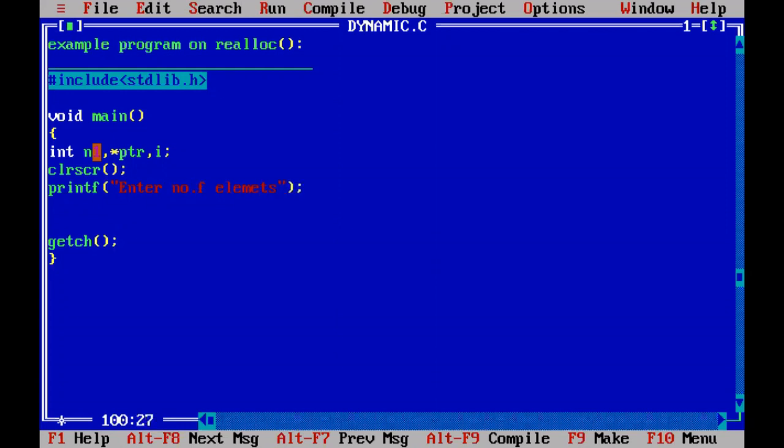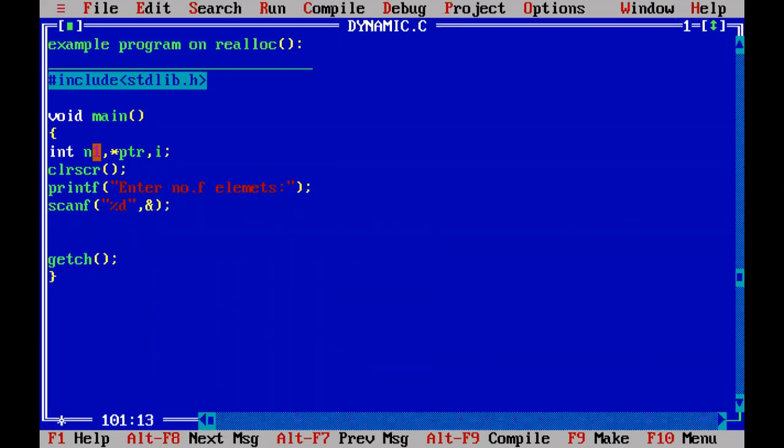For how many elements you are going to allocate the memory dynamically by using the malloc and calloc functions, you will enter here. Whenever the user enters 5 elements or 6 elements, you capture that number with scanf with %d and store that number 5 into the address of n1.